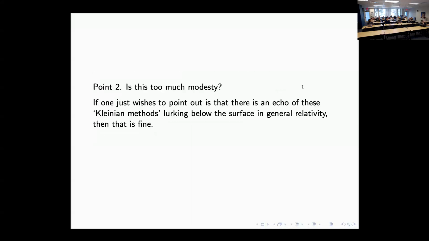Okay, so second, modesty is a good thing, but going this route, at least for some purposes, will be too much of a good thing. If one just wishes to point out that there's an echo of these Kleinian methods lurking below the surface in general relativity, then that's fine, that seems true. In defining a manifold, one employs these methods. But claiming that the manifold structure of MG can be presented by appeal to privileged coordinates in the framework of locally G-structured spaces does not suffice to substantiate some of the bolder claims about coordinates and structure that have been